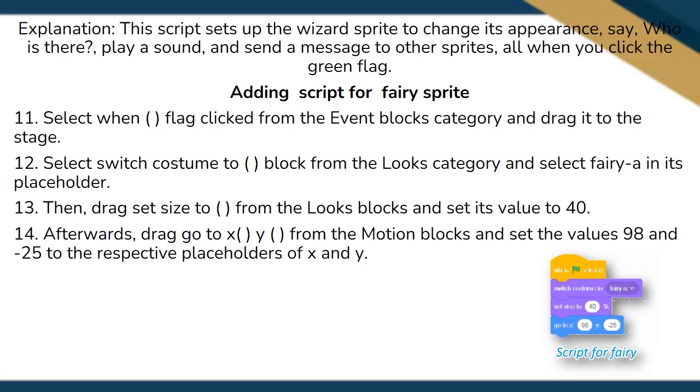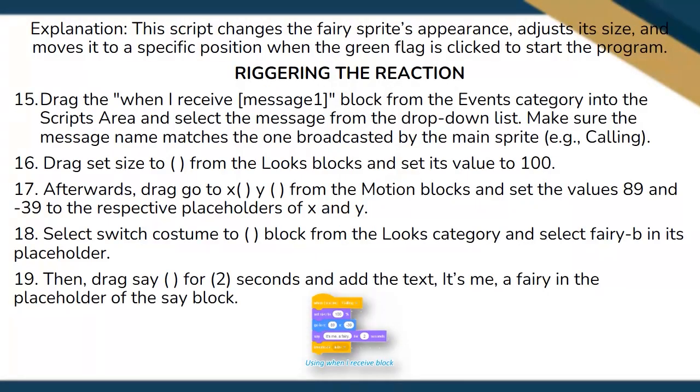Afterwards, drag Go to X, Y from the Motion blocks and set the values 98 and -25 to the respective placeholders of X and Y. Explanation. This script changes the Fairy sprite's appearance, adjusts its size, and moves it to a specific position when the green flag is clicked to start the program.